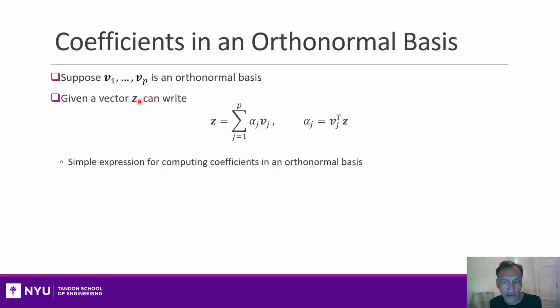Turns out that vector can be written as a linear combination of the vectors in this basis, and these coefficients alpha j can just be found by the inner product of the basis vectors with z. So it's super easy to compute these coefficients. We can write these coefficients in matrix form by just saying that the vector of coefficients is just V transpose times Z, because every coefficient in alpha j will just be this,